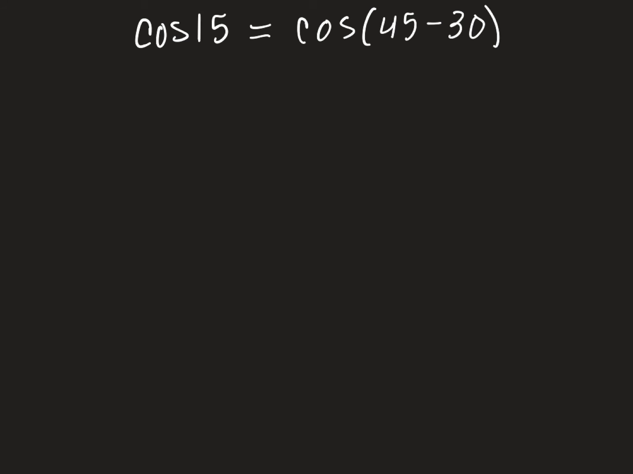So let's say, for example, we want to find the cosine of 15 degrees. Like I said a minute ago, we can write this as cosine of 45 minus 30, right? So this means we're using that sum and difference formula, where 45 is A and 30 is B. So it's cosine 45 times cosine 30 plus sine 45